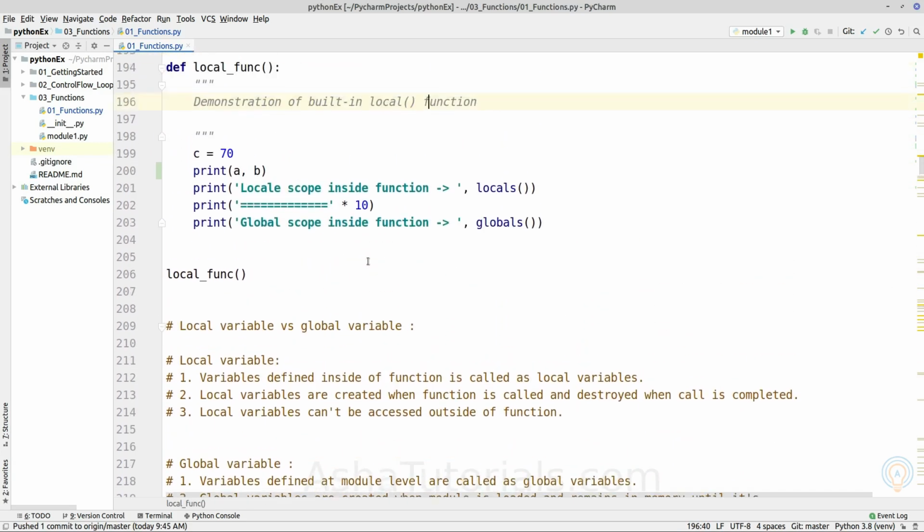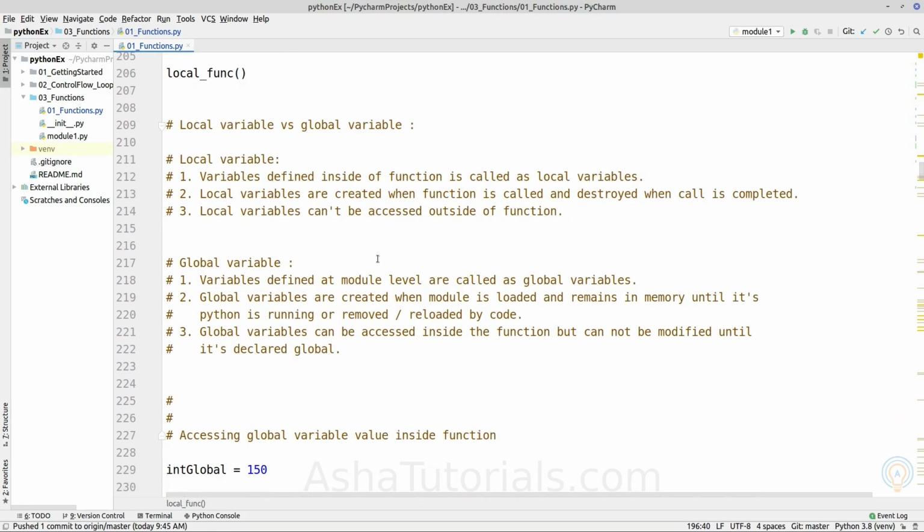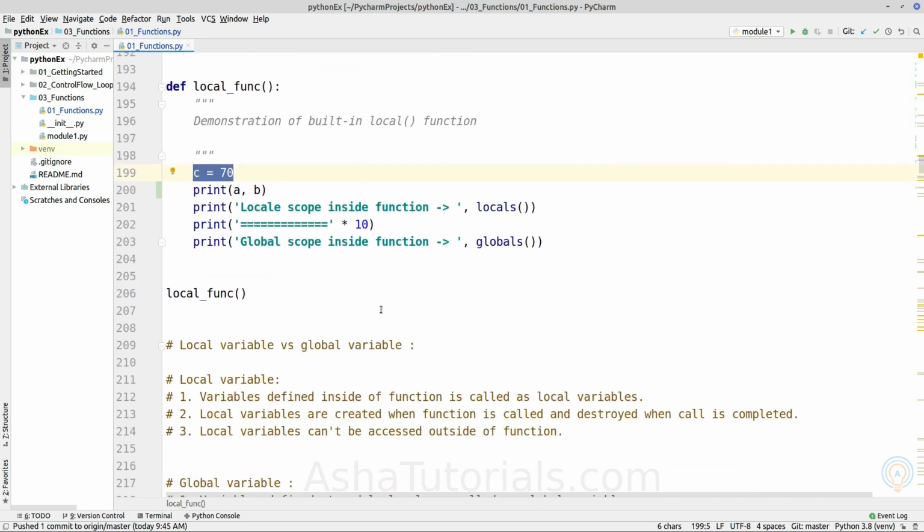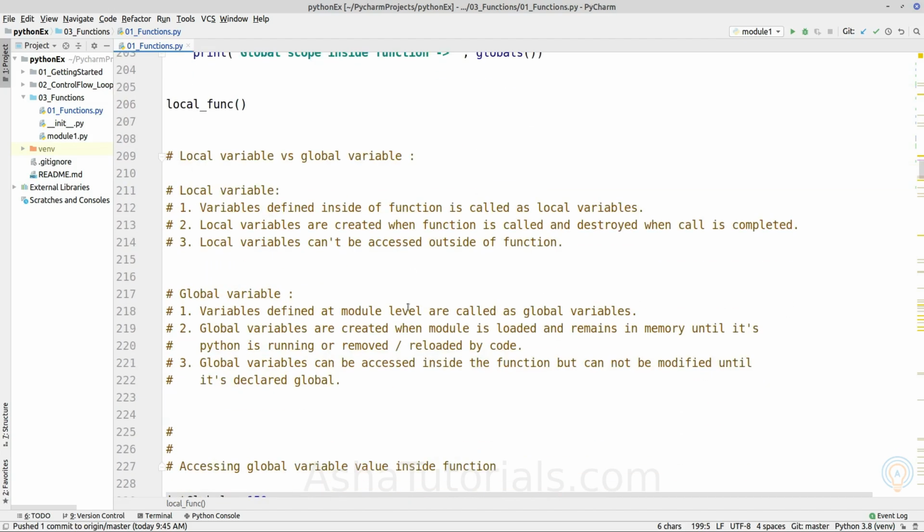Now moving to the next topic, which is local variable versus global variable. As we explained, whatever variable is defined inside a function is a local variable. A global variable is a variable which is implicitly imported by Python, imported explicitly, or defined at the module level.